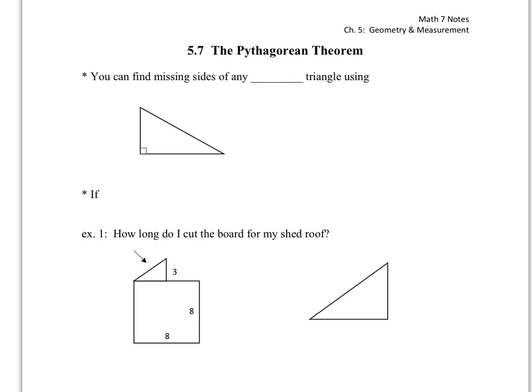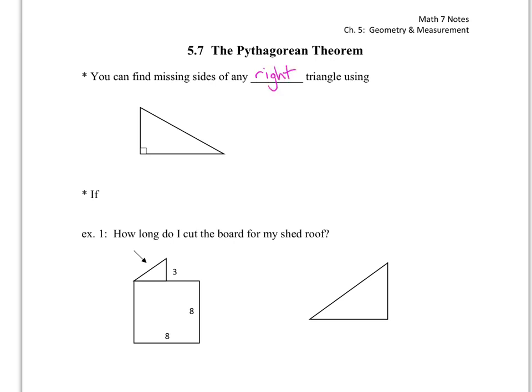So it is a big word. Pythagorean comes from a guy by the name of Pythagoras. He was an actual person. And he developed something or found out something, so they made it a theorem. Something that works every time. So this theorem helps us find the missing sides of any right